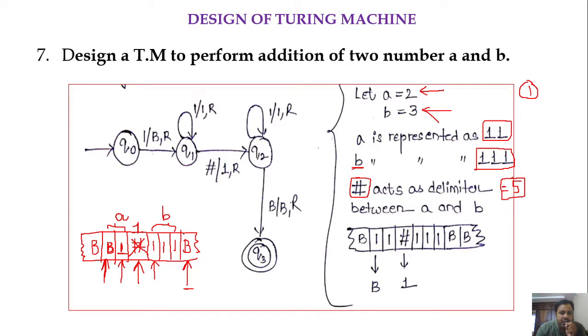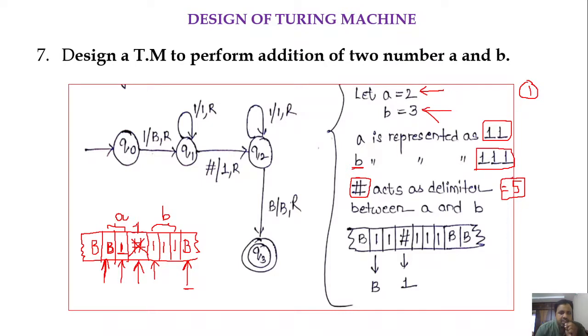Okay, and if you examine the contents of input tape, in this case it is consisting of 5 ones. So just the logic here is that first one what we read from the input tape, mark it as B, that means replace that one with B, and keep on moving the head towards right until we get a hash. So whenever we get a hash delimiter, convert it into 1. Why we are converting it into 1 means we are making the number of 1 equal to the result of that given inputs, right?